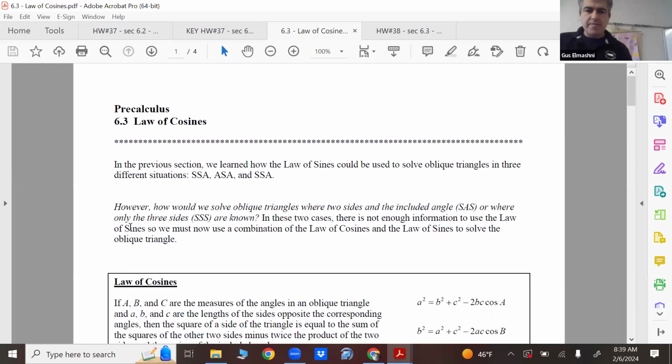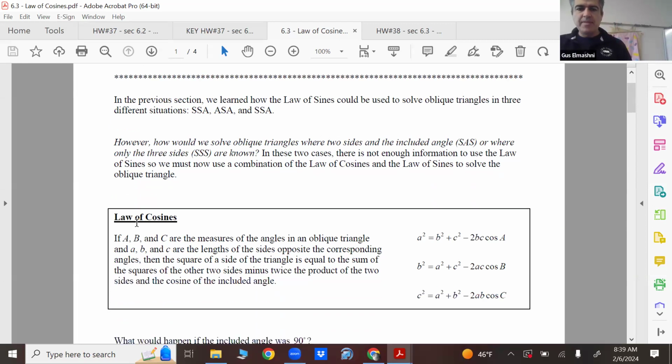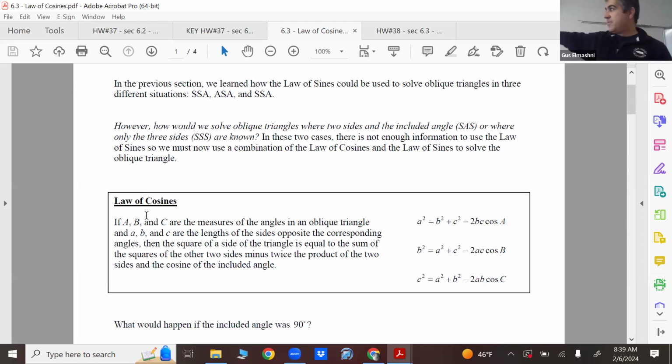All right, law of cosines. I'm just going to jump right into it. The law of cosines is right there, and we'll give you these formulas. Don't worry about it. It looks a little daunting at first, like, oh my God, it's all these letters and symbols and squares and whatnot. It's not that hard. But what you've learned so far,